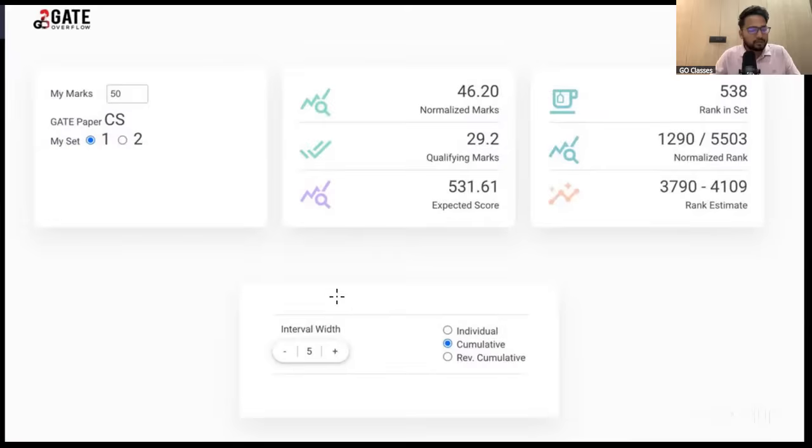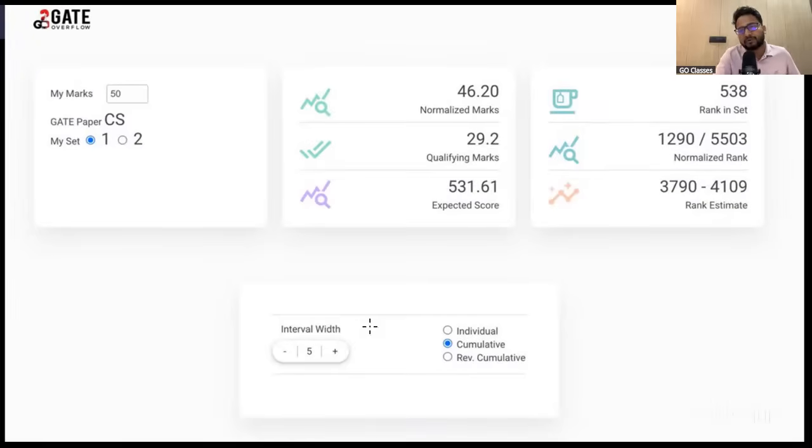So you can click on this link, and then you can select your set, whether it is set 1 or set 2. Just put in one of the sets, and then you can enter your marks. It will immediately tell you the normalized marks on the right, and then it will tell you your rank in the set.